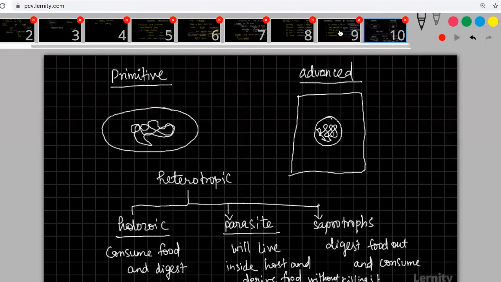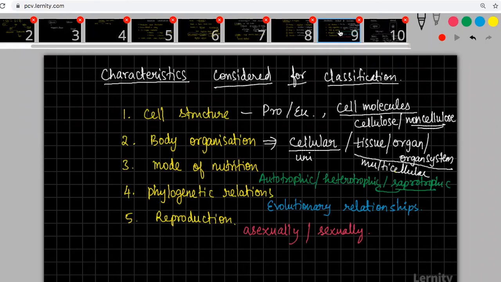So these are the classifications. The parasite will not kill the host to consume it. Probably it kills it only if it has affected it to an extent where it has died. But normally a parasite would not kill the host because it will try to extract the nutrients alone. It will harm, but it will not kill it, because parasites need the host to survive.